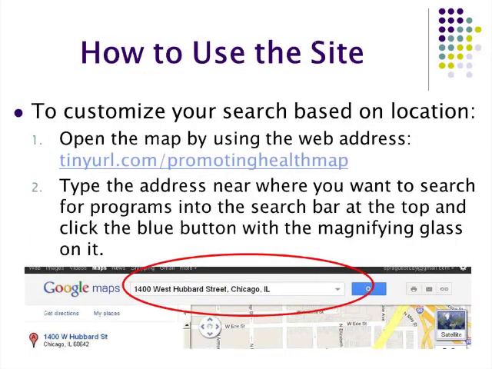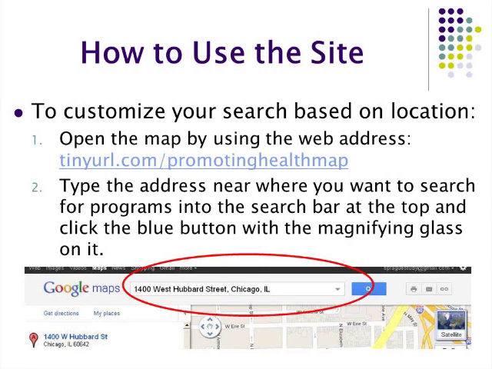So now that we've taken a look at some of what the specific resources are, the best way to access this information is to actually utilize ICAP's website. So we're going to take a couple of minutes to go through how to actually utilize the site to best search for your specific patient criteria or location. And again, all of this information is located on ICAP's website in a handy how-to format as well.